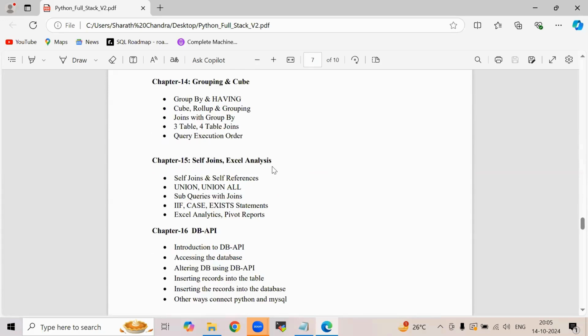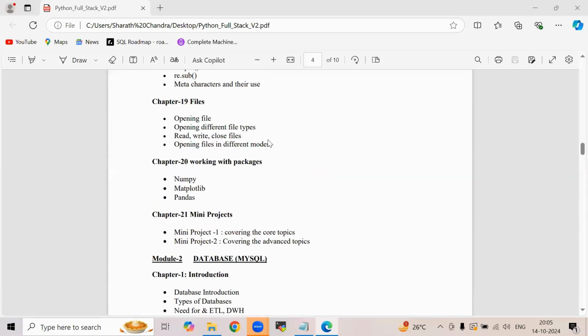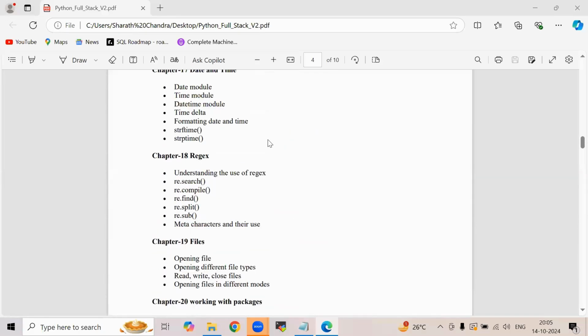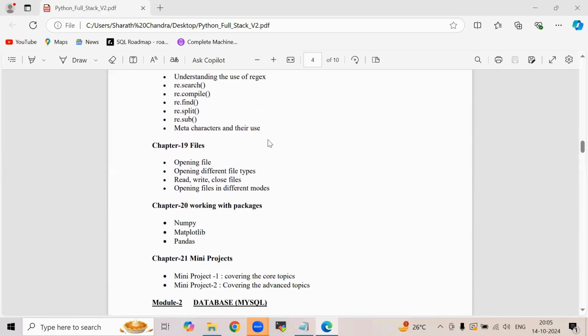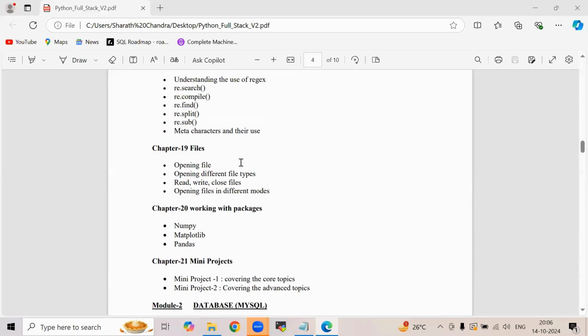Sir, I have a question. Sir, what libraries do we use normally? Venkat, you are not clear. Sir, what libraries do we use normally in this course? In this course, that means in the core Python, for all till chapter 19, we don't use many libraries. And in chapter 20, we use NumPy, Matplotlib, and Pandas. Okay. So these are the common things, sir, or it depends on the organization? No, now let me explain this, Venkat.